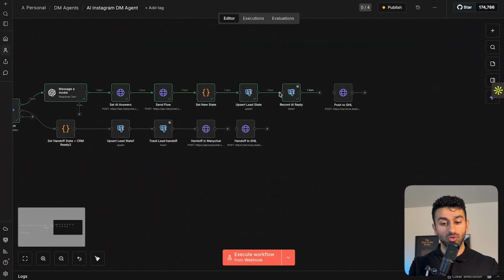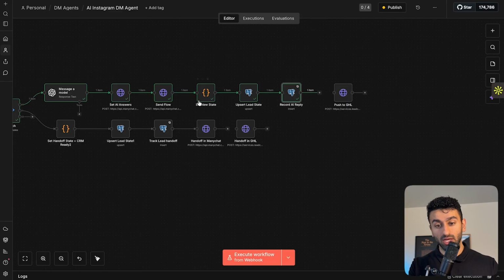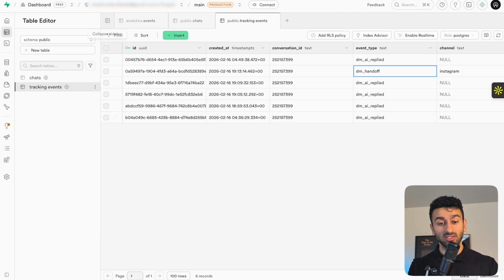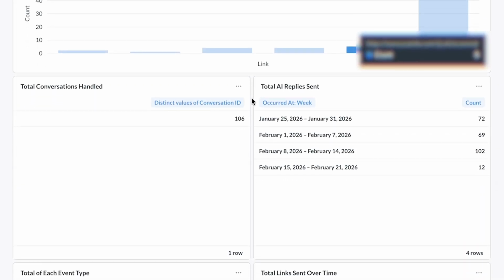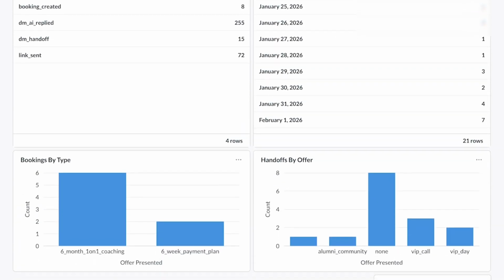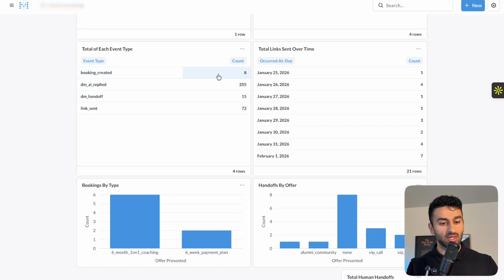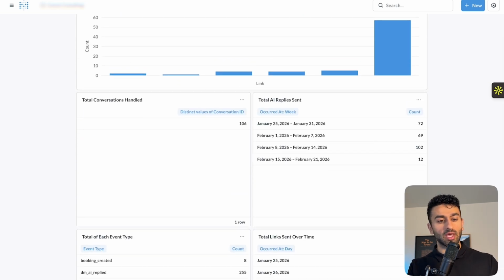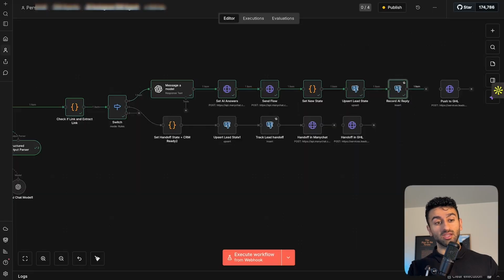And so we have a few of these nodes here that record an AI reply and that track a lead handoff. And we have more that we've added in our actual production system for our client that track more events. And ultimately, this gets populated into a dashboard that can look something like this. Again, this is purely customizable for every single client depending on what their KPIs are, but we can track the number of AI replies, we can track the number of bookings, we can track the number of links that have been sent to our leads in conversations, we can track the human handoffs, we can track what type of booking. All this stuff is trackable,